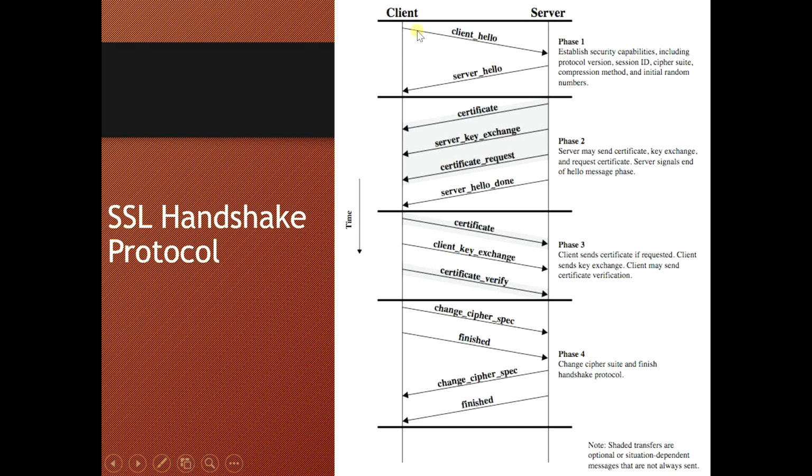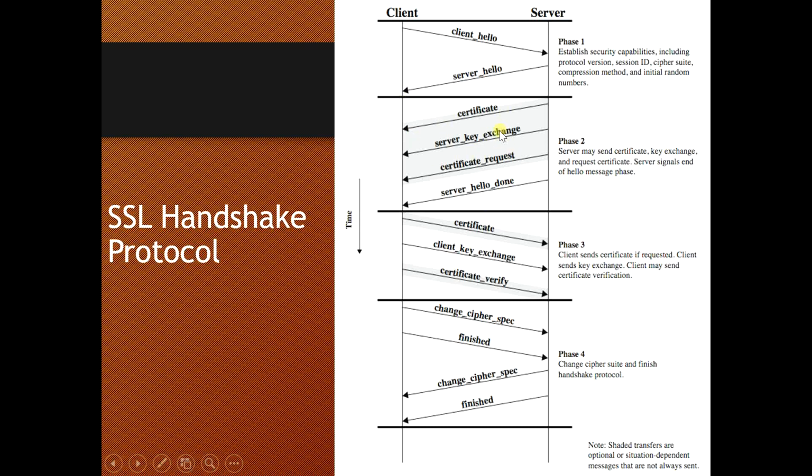You can see we have categorized these messages into 4 phases: phase 1, phase 2, phase 3 and phase 4. In simple words, in the first phase, the client will send a hello message to the server. Then the server will respond saying hello.